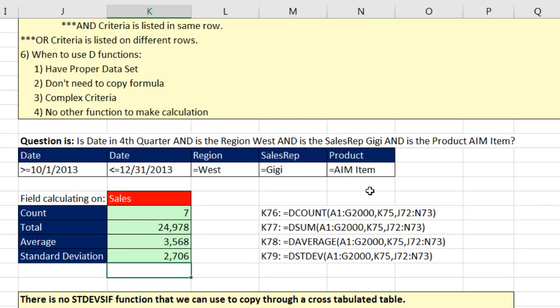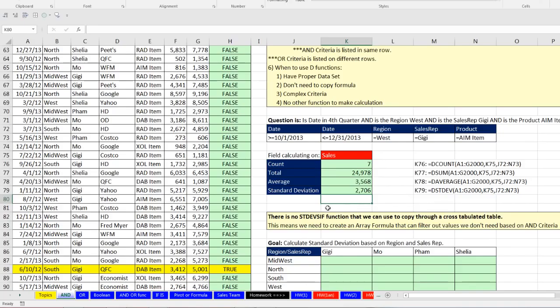Now, notice this is pretty complex criteria. This is, hey, find any date that's in the first quarter, right? Greater than or equal to the lower, less than or equal to the upper, and then West, GG, and IAM product. Now, there is one last topic we need to consider for AND criteria, and it has to do with